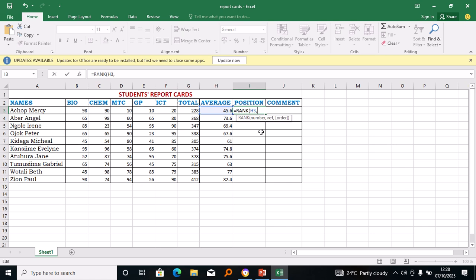H3, comma, and I'm going to say dollar sign. If you're pressing dollar, it is Shift plus number 4. It's up on that key 4. The dollar sign is there, but remember, you click Shift, then you click on there also. Then dollar sign, we are getting H, dollar H,